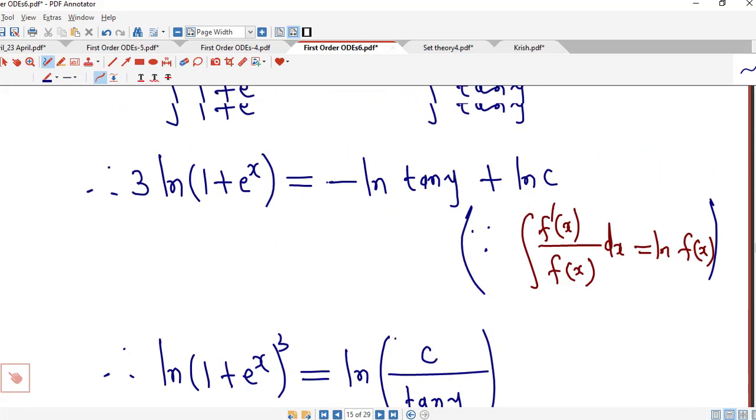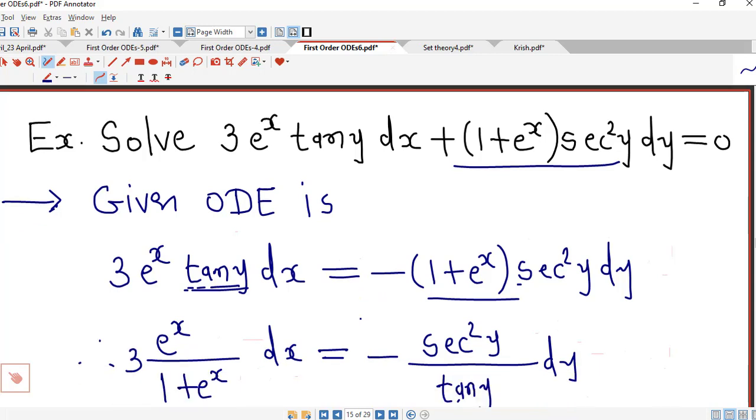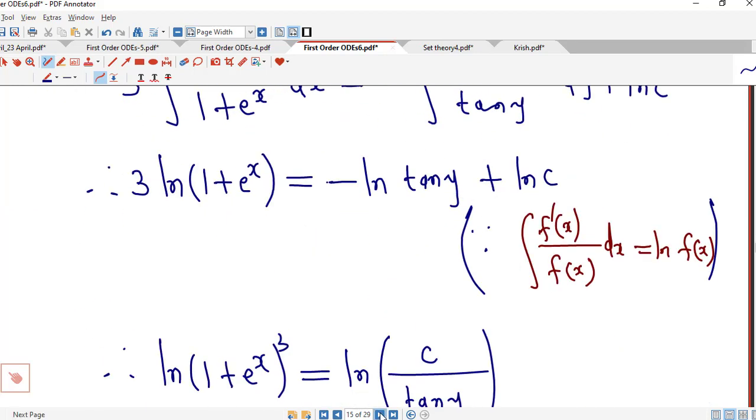So this equation also is separable. So the first observation we have to keep is check whether it is possible to separate the variables, and if it is not separable, then try for linear or exact. Next problem,